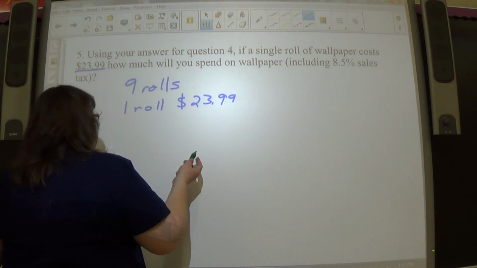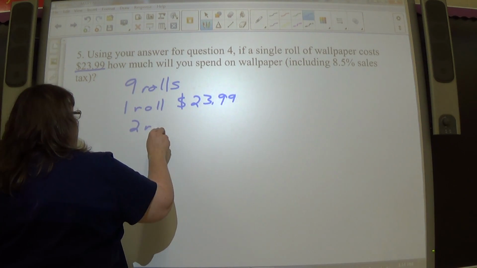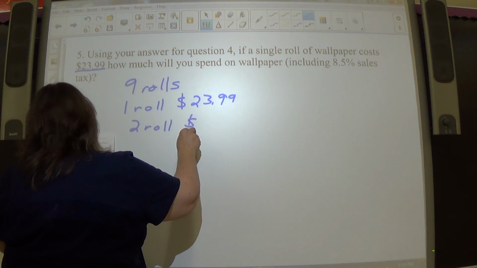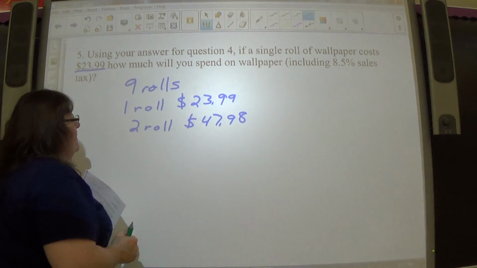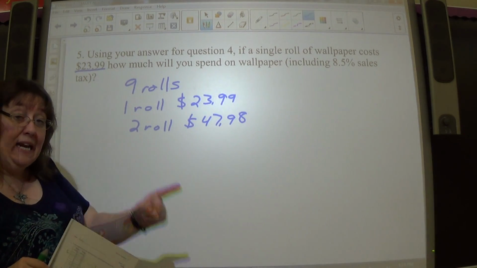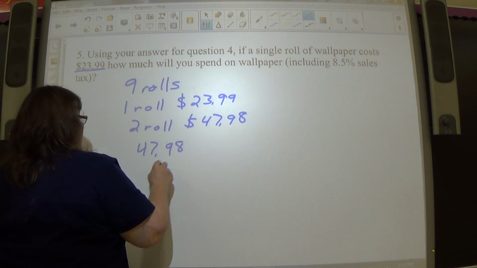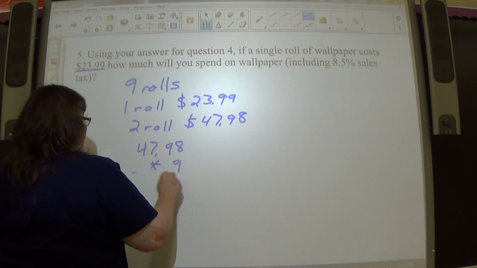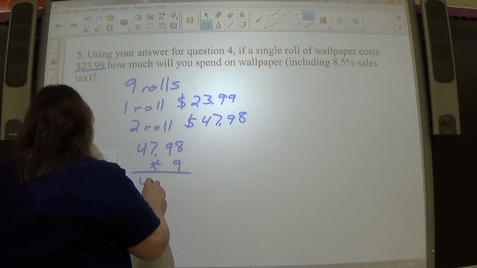So 2 rolls is going to be $47.98. Okay? So my double roll pack is $47.98, and I need 9 of them. So I take 47.98 times 9, okay? And that gives me